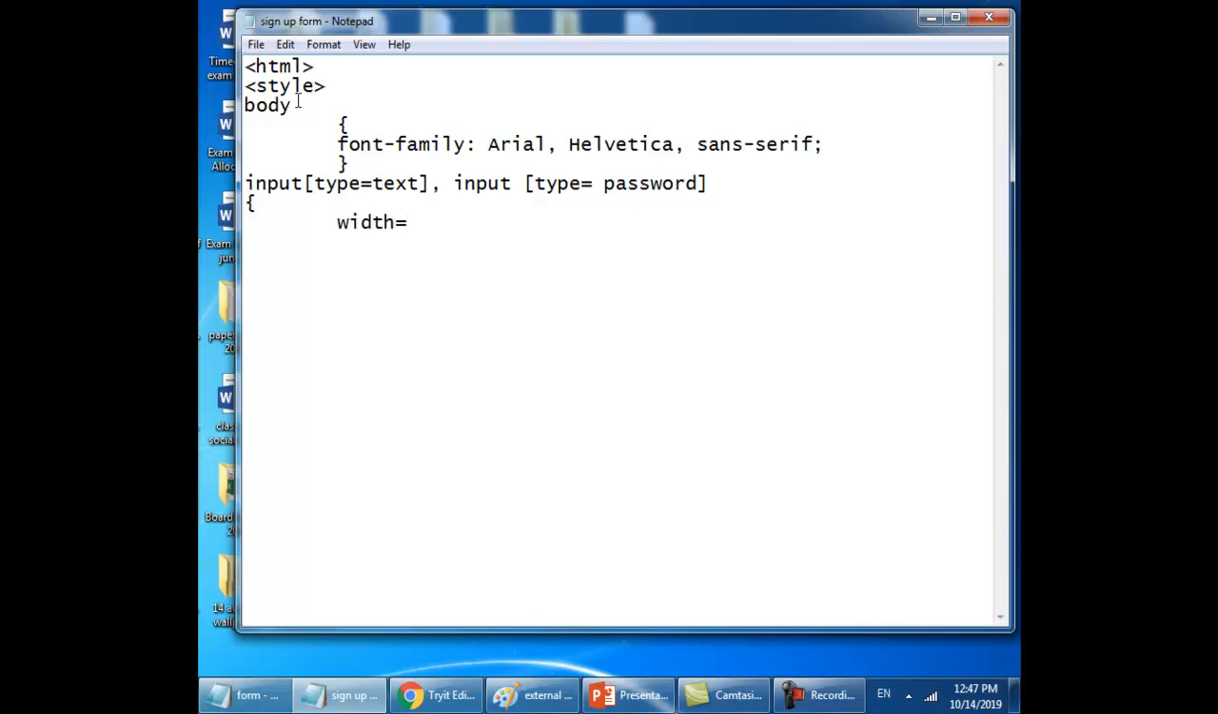100%; I'll be giving padding of 15 pixels. I'll be giving the margins of 5 pixels, 0, and 22 pixels from the other side and with the 0. So these will be the margins, and